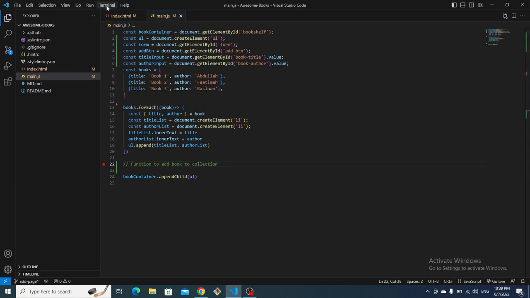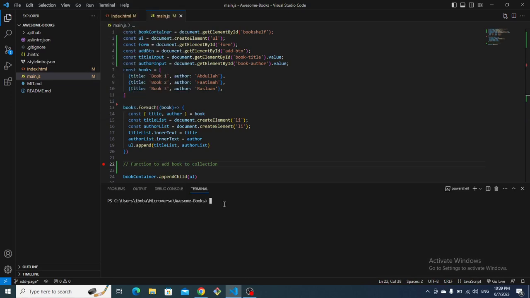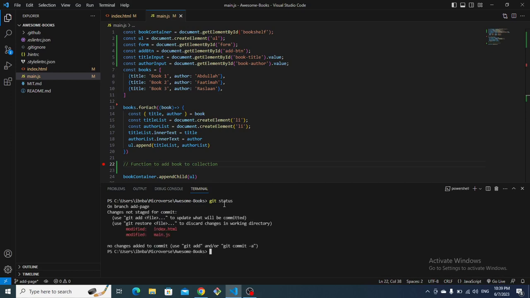So let me open my terminal and push to my repo. Let me check git status. I have something to push, so git add, git commit, and the message,